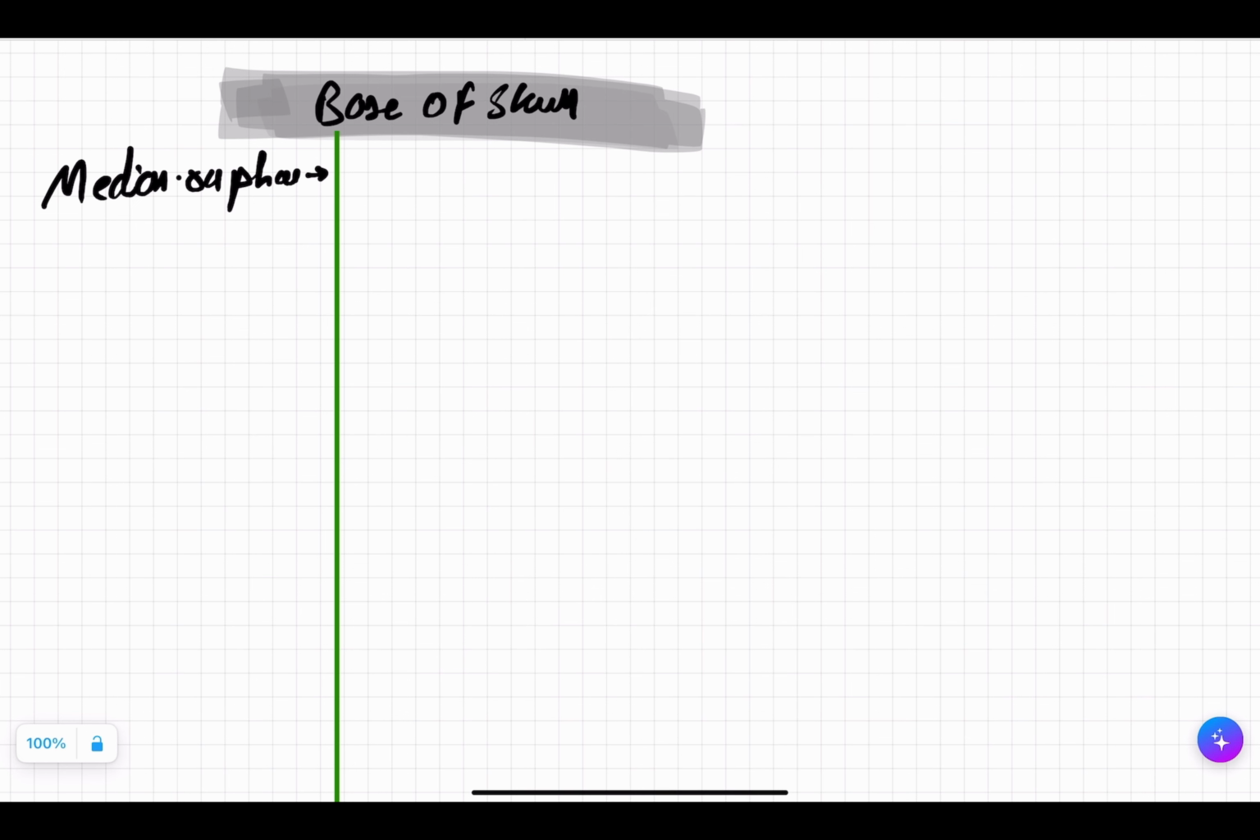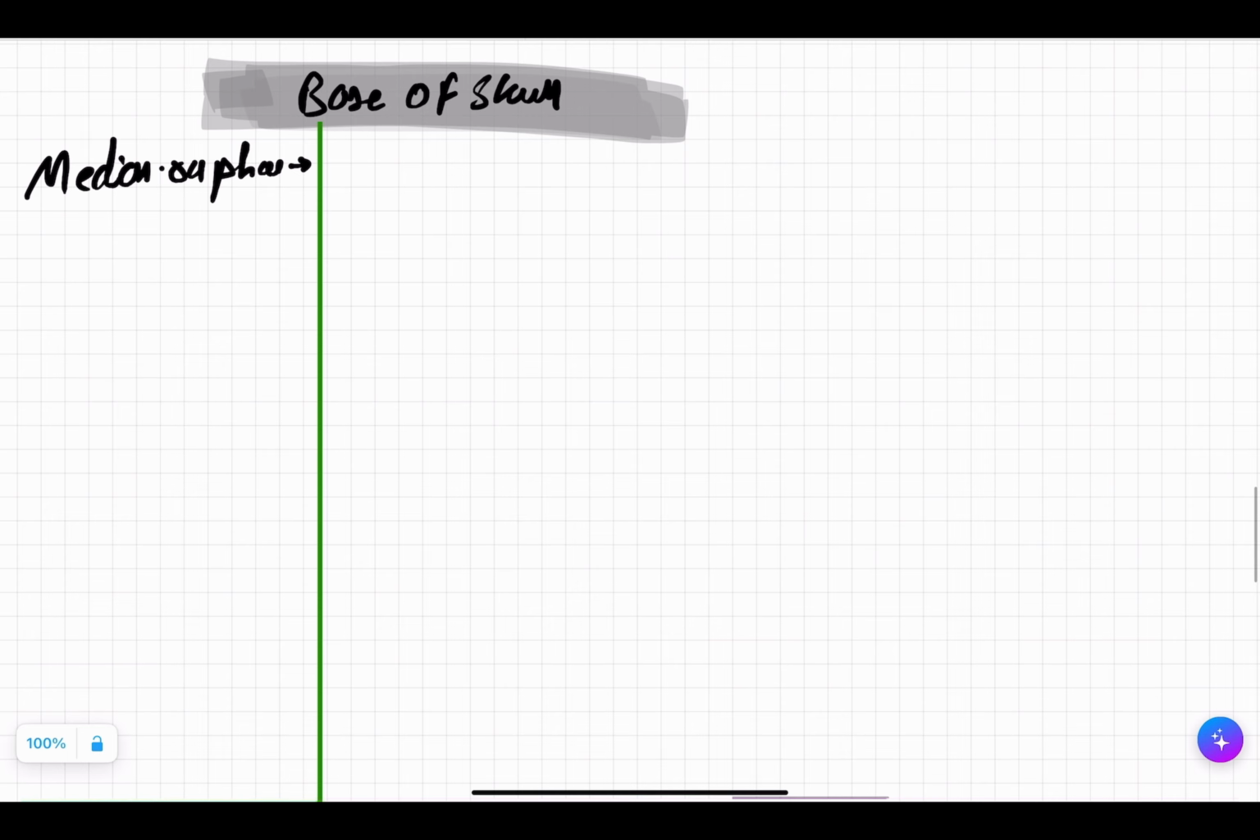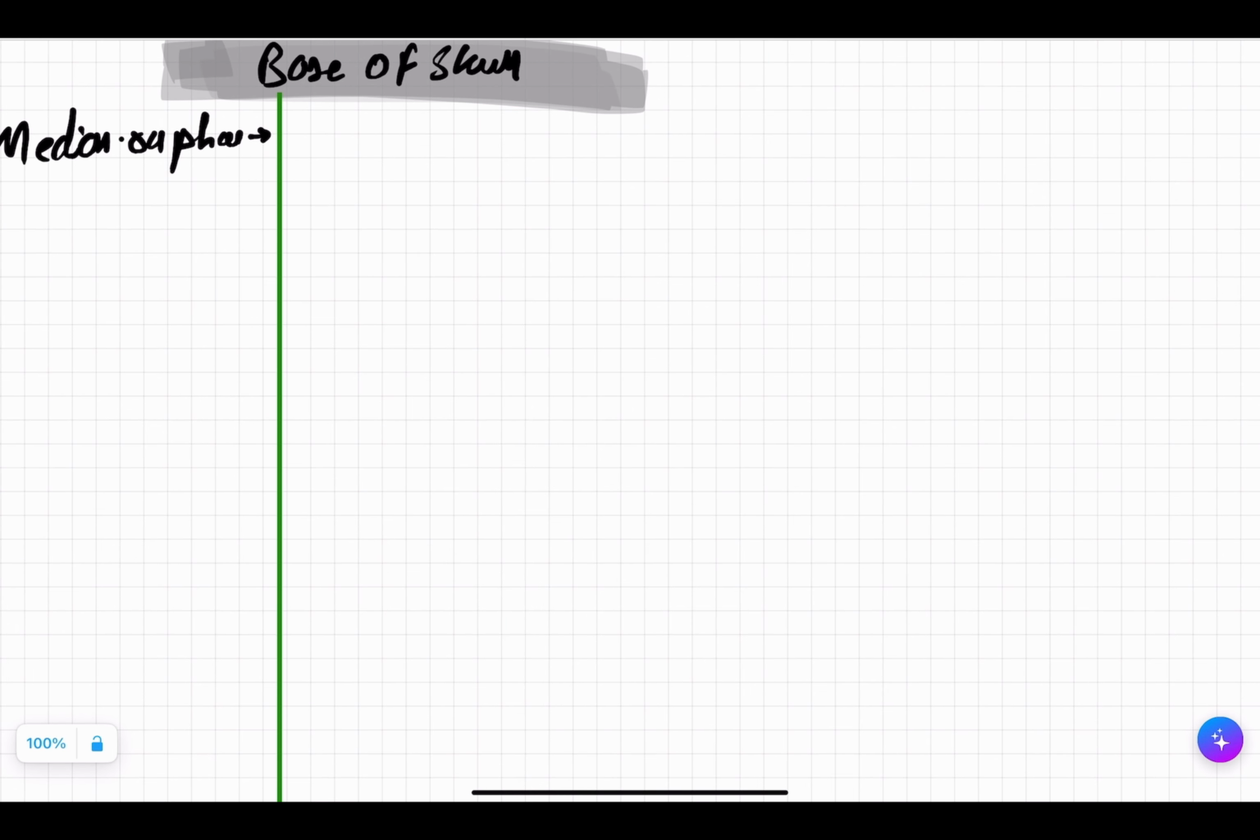So now superior constrictor originates from three parts. You know you have lateral pterygoid bone, medial pterygoid bone. So in the lateral pterygoid, medial pterygoid, you have something in one of them known as pterygoid hamulus. Hamulus means hook. So from this hook,